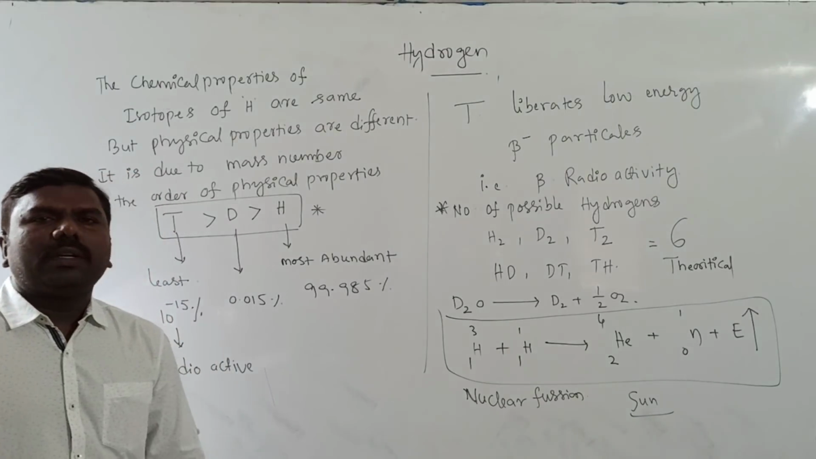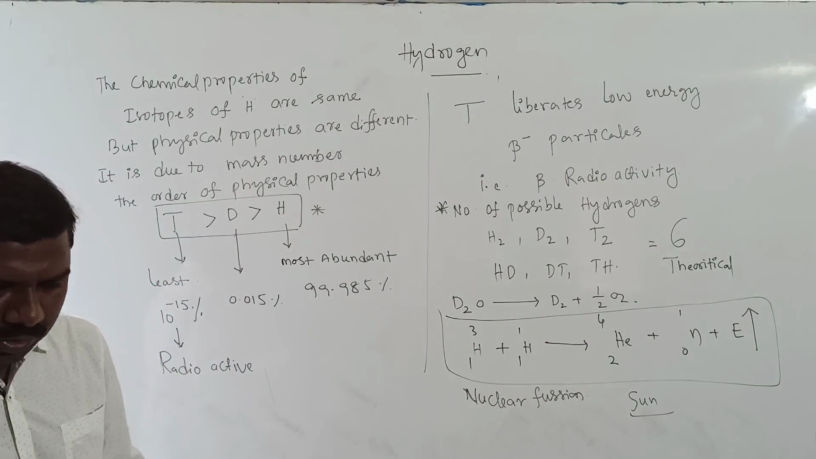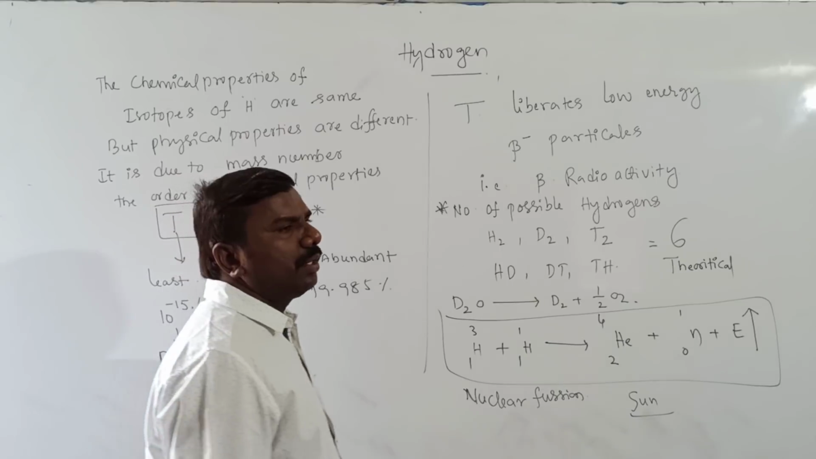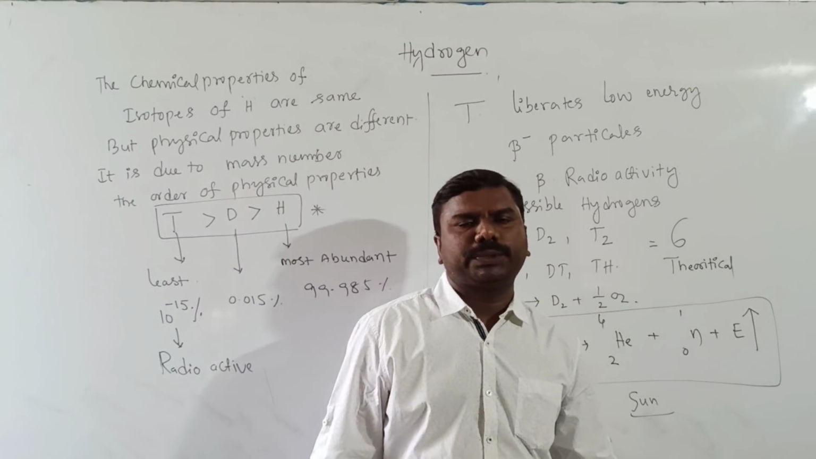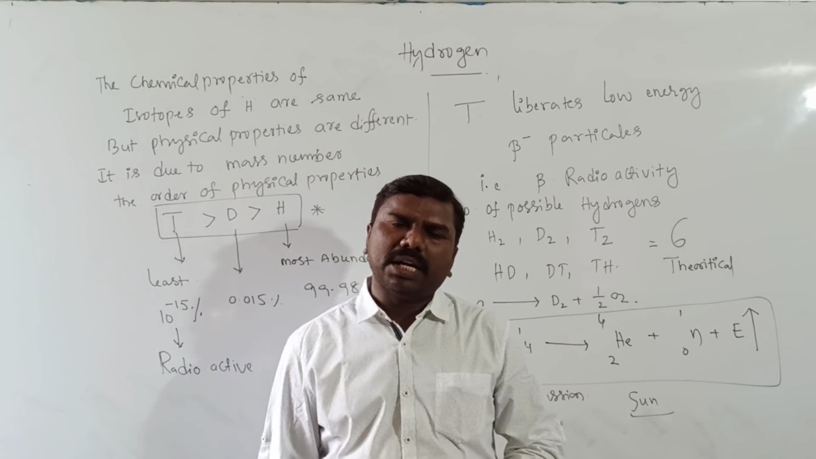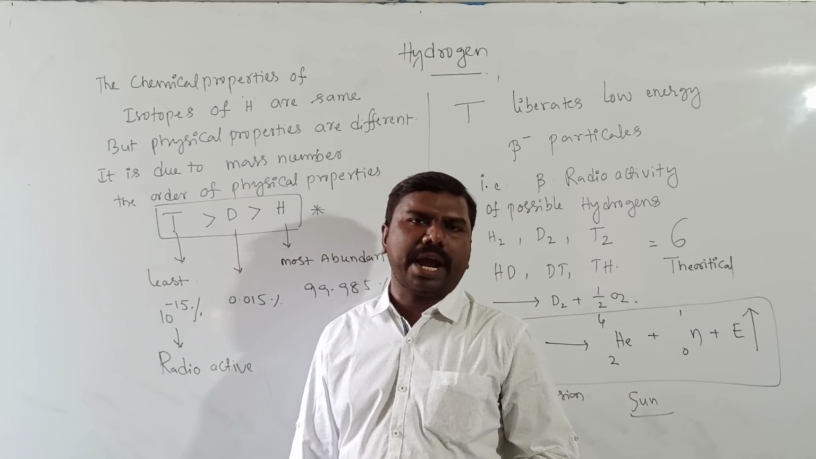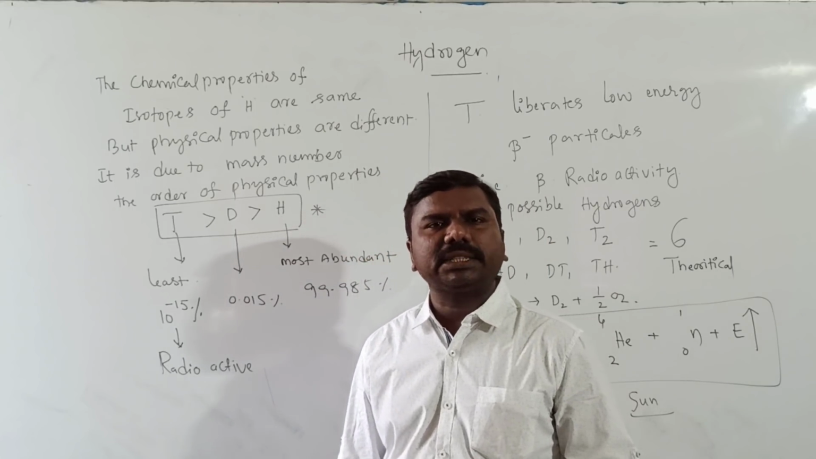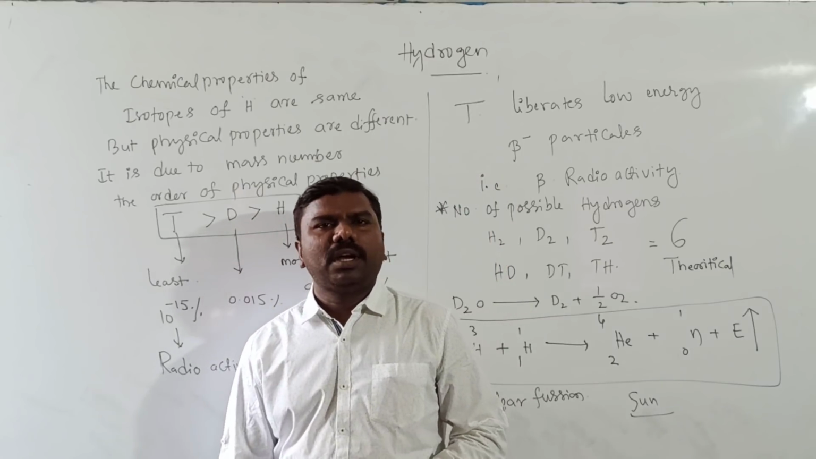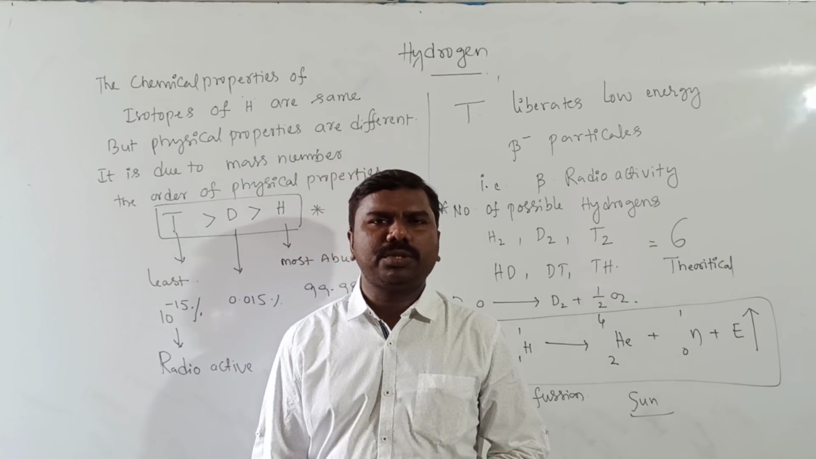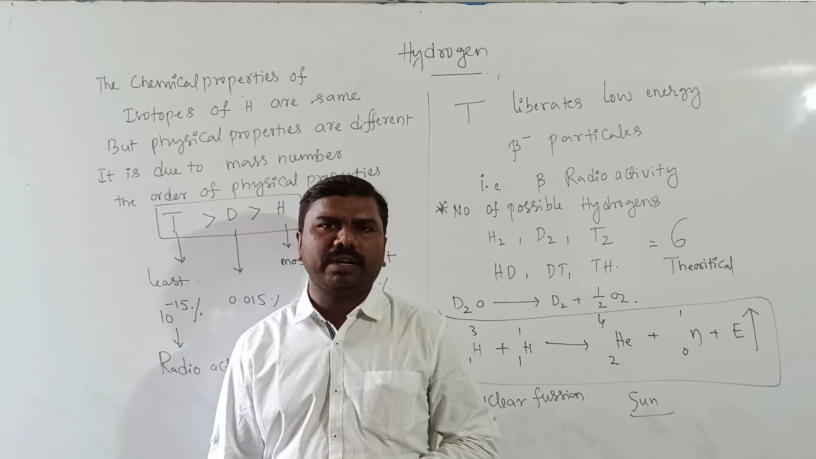Now, in this chapter, we are going to study hydrogen and its compounds. The first compound is hydrogen, second hydrides, third water H2O, fourth hydrogen peroxide H2O2. Let's study one by one. First,